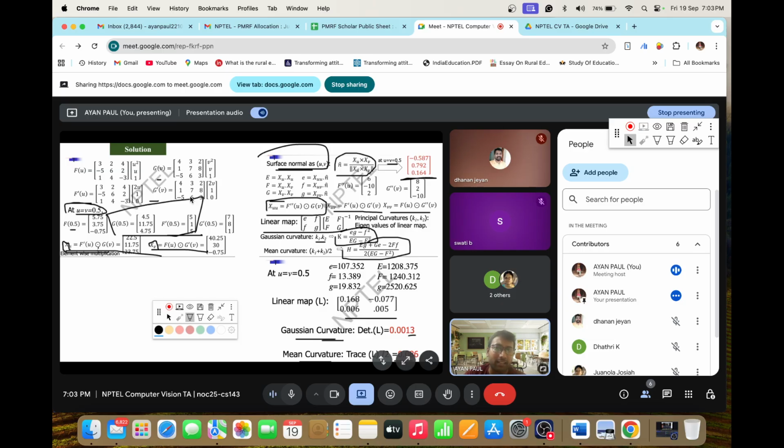After that it is very simple. Similarly we can calculate f double dash u. What is f double dash u? That will be 2 0 0. Similarly g double dash v will be 2 0 0. After that you can easily get xuu, xuv, xvv, similarly xu and xv, and you can get all the things that you require according to the formulas.